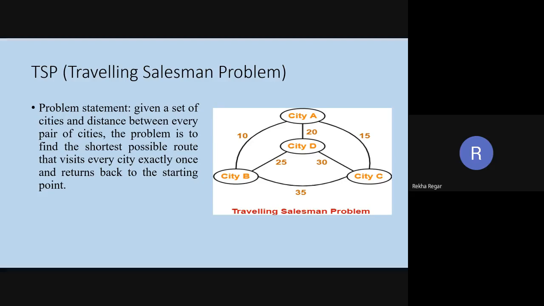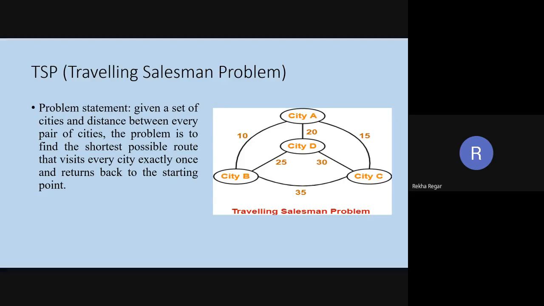So suppose we are saying, what do we have as input for this? As input, we have the city, and the cost associated with going from one city to the next city. So we have two values as input. One is the city, which is represented as a node, and the second is the cost, which is represented as the weight on the edge.